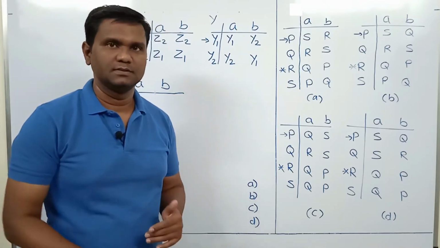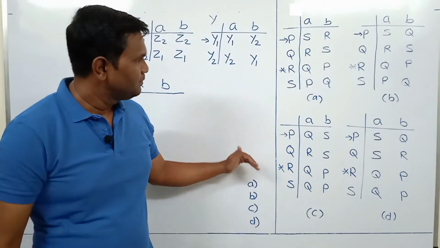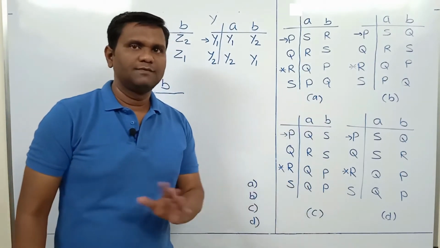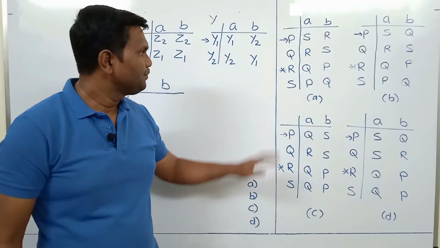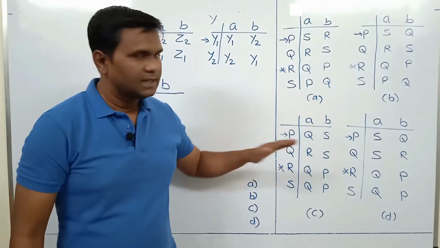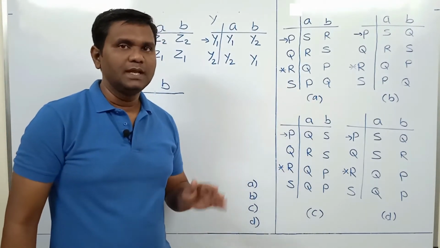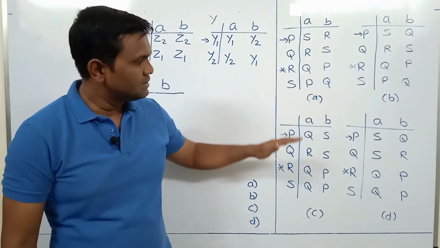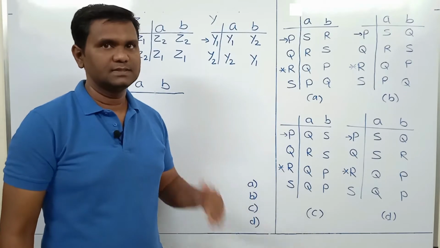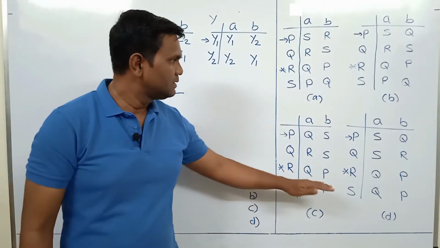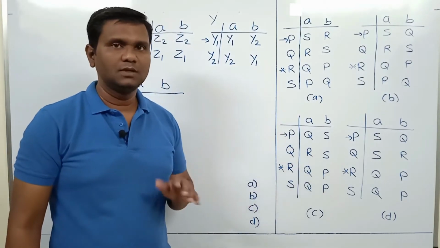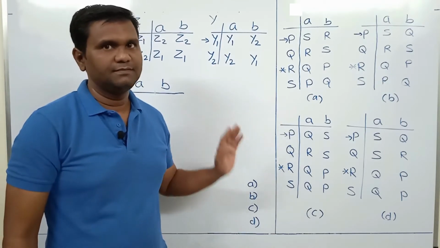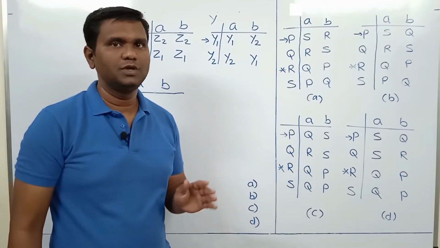is for intersection. But if you consider this question, then each option has only one final state. So we can comfortably assume that these cross products are not for union. In case of union of the languages, these transition tables would have contained 3 final states. But since there is only one final state, we can conclude they are not for union. They may be for intersection or set difference, but surely they are not for union operation.